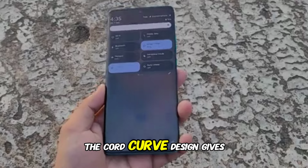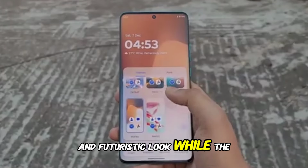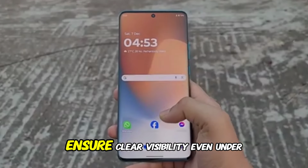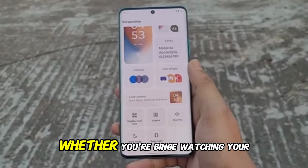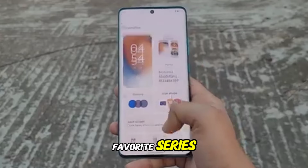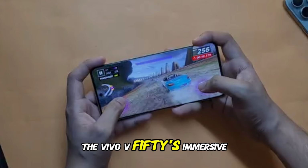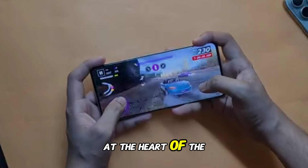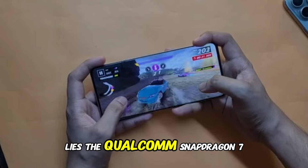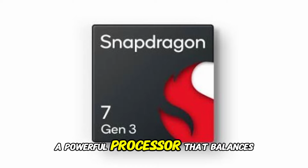The quad-curved design gives the device a premium and futuristic look, while the high brightness levels ensure clear visibility even under direct sunlight. Whether you're binge-watching your favorite series or playing competitive mobile games, the Vivo V50's immersive display won't disappoint. At the heart of the Vivo V50 lies the Qualcomm Snapdragon 7 Gen 3 chipset, a powerful processor that